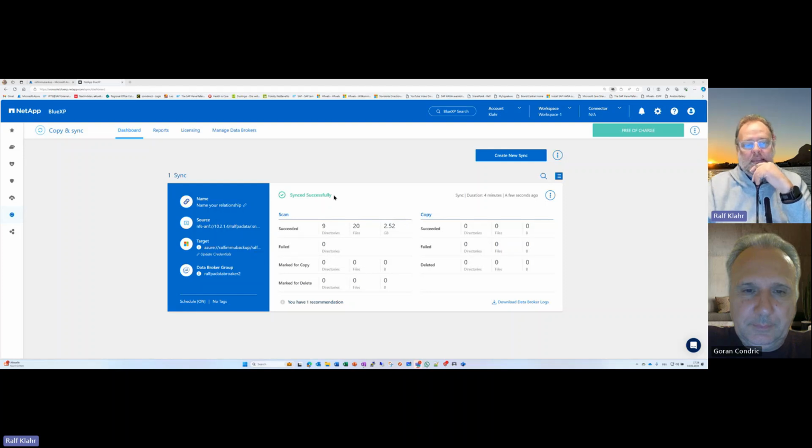You can schedule this, and it runs automatically every 10 minutes, every hour, every day. So you can specify when it should run. And here for the data, I schedule an hourly transfer. And for the log volume, we actually create a copy every 10 minutes from the log backup volume to the blob space.